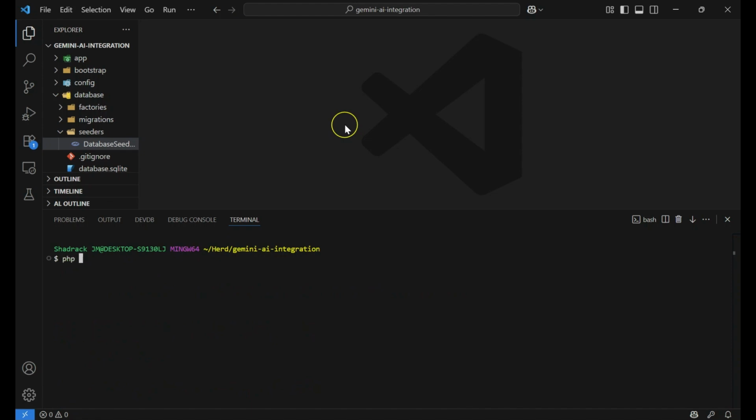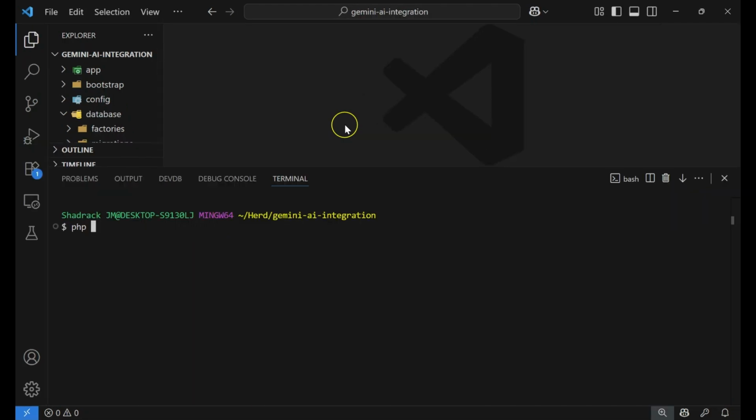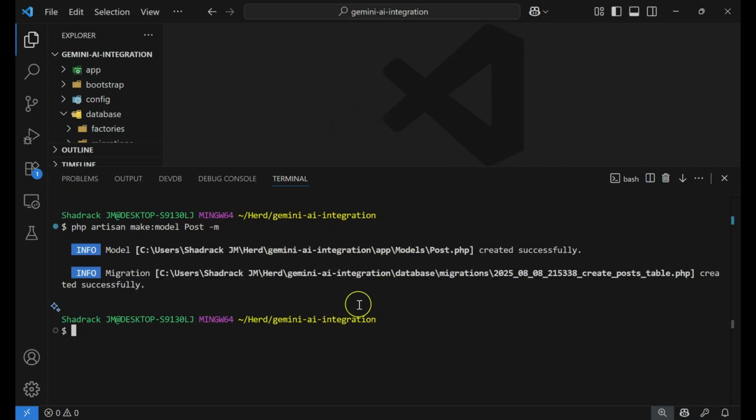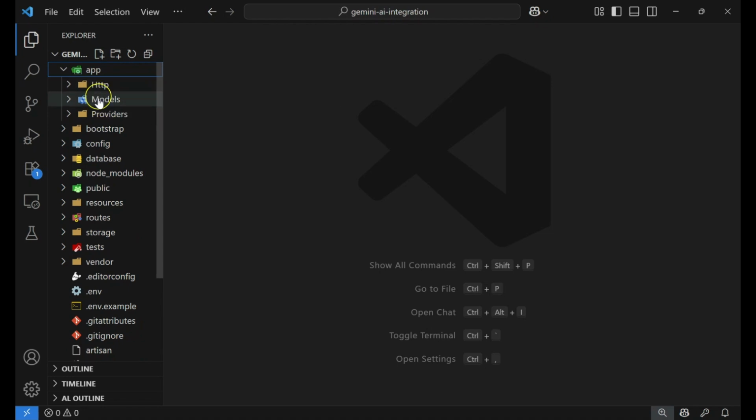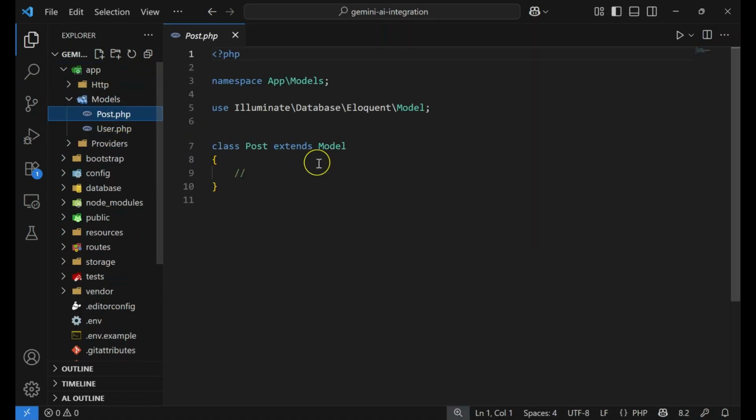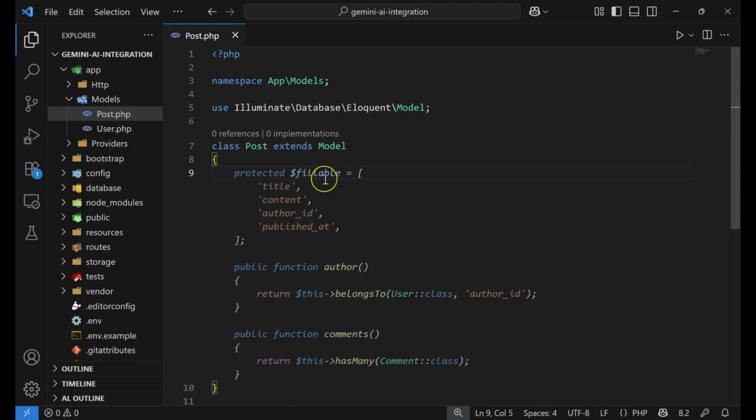Then let me zoom a little bit so you can see. So I'll say PHP make model, then I'll give it like a post. So I'll try to demonstrate it to you as if someone is creating a blog application. So now you will have the model for post here, and then from this model we can add